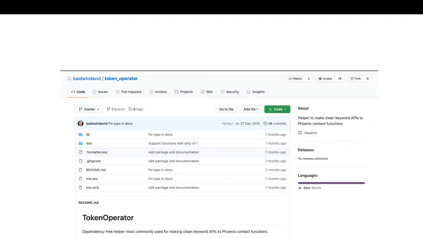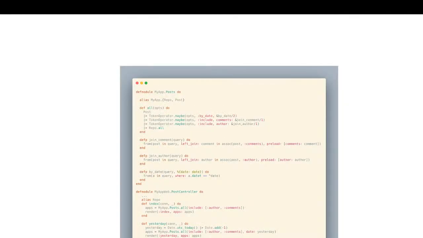But this library does a general thing, and what it does is it helps you to organize the parameters that you pass to a function. It could be an Ecto query, it could be a validation in some part of your code. So the way that it works is it has only one main public function.